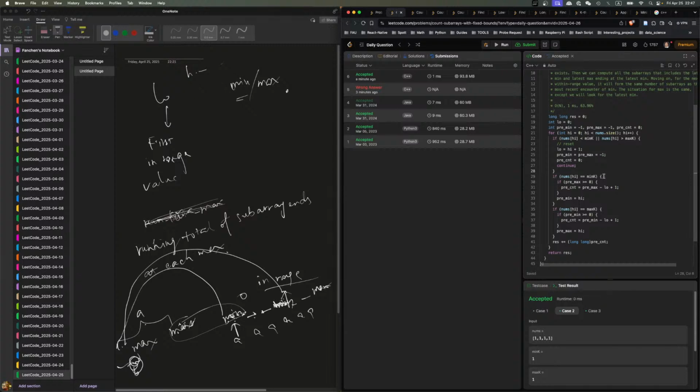If it's this, I'll set. So I think what it's trying to say is I don't need to do this, right? If it's this, I should do this. If it's this, I should do this. And I will set the pre-count to equal,